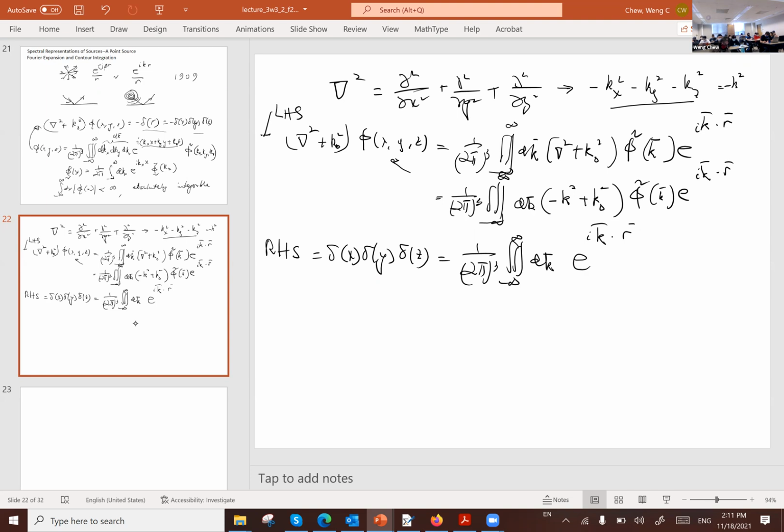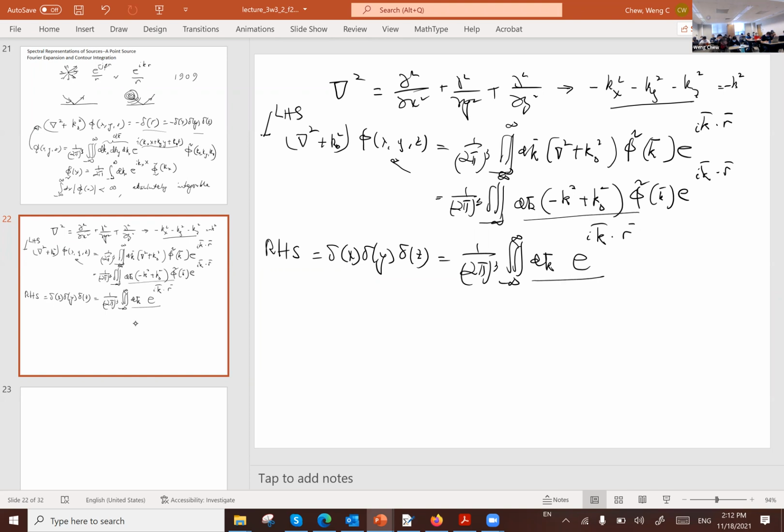Does that make sense? If the left-hand side equals the right-hand side, the Fourier transforms must be equal to each other. So I can say that the integrands must be equal to each other. Everything is kosher, there's no cheating here. So I can equate the integrand